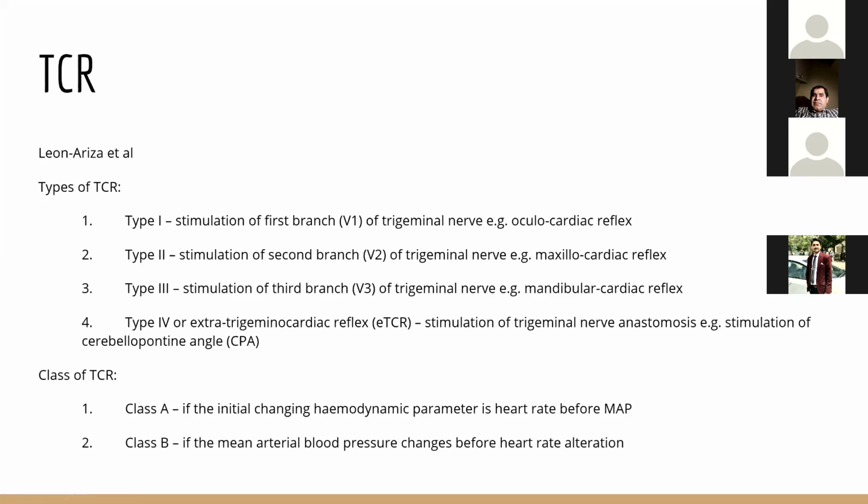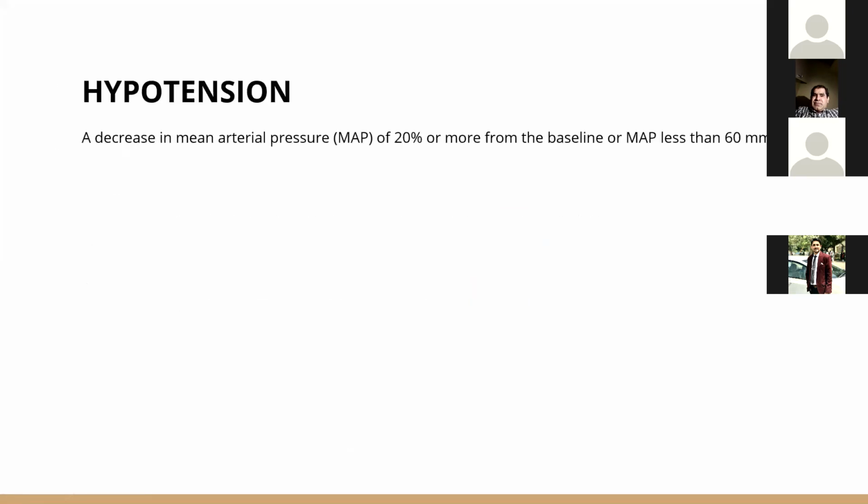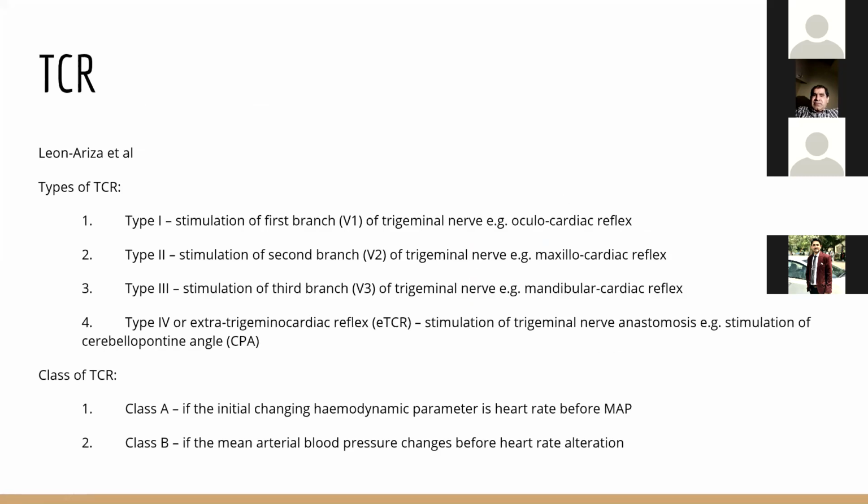तो पैरामीटर्स, पहली वाली क्लासिफिकेशन में तो उन्होंने कहा था कि हाइपोटेंशन ब्रेडिकार्डिया, उन्होंने डिफाइन नहीं किया कि किस वाली में हाइपोटेंशन ब्रेडिकार्डिया, क्योंकि कुछ केसेस में सिर्फ आपको ब्रेडिकार्डिया मिलेगा, कुछ केसेस में सिर्फ आपको हाइपोटेंशन मिलेगी, ब्रेडिकार्डिया नहीं मिलेगा। तो उन्होंने फिर इसको फर्दर डिफाइन कर दिया कि टाइप वही है, फर्स्ट ब्रांच, सेकंड ब्रांच, थर्ड ब्रांच, और उसमें आर्टीरियल प्रेशर से पहले ऐड ऑन कर दिया, तो उसको क्लास ए कह देंगे। अगर सिर्फ हाइपोटेंशन होती है और ब्रेडी नहीं होता तो उसको क्लास बी कह देंगे। तो ये है टीसीआर।